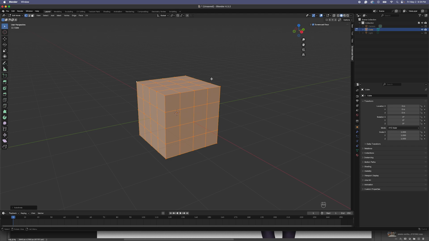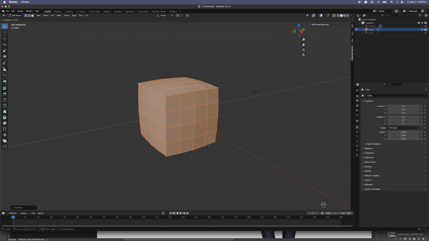And then there should be, I think it's F3, but I'm on a Mac and my keyboard's weird. So if I hit F5, it'll bring up this search menu, and I can search for any function here. And I want to sphere. And when you hit enter after you've typed it,